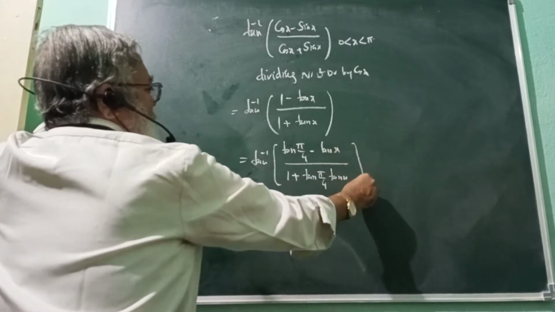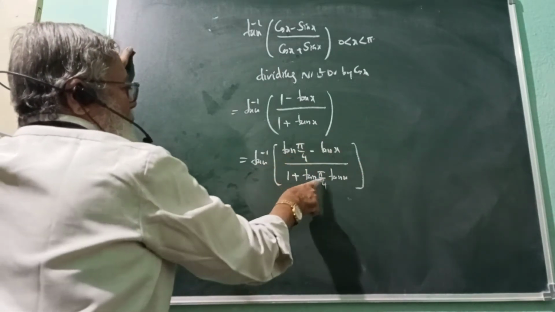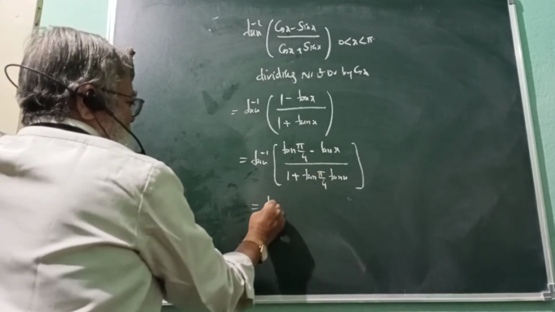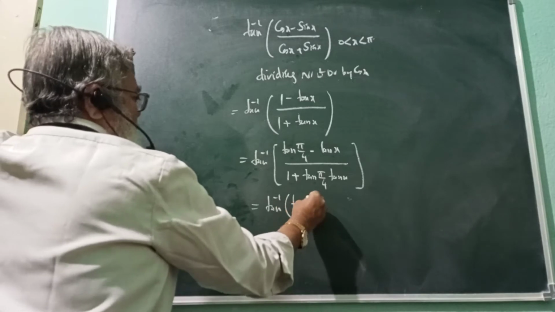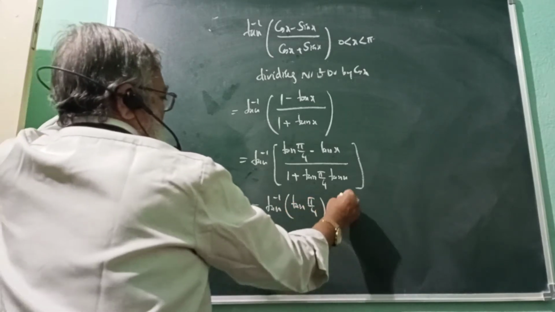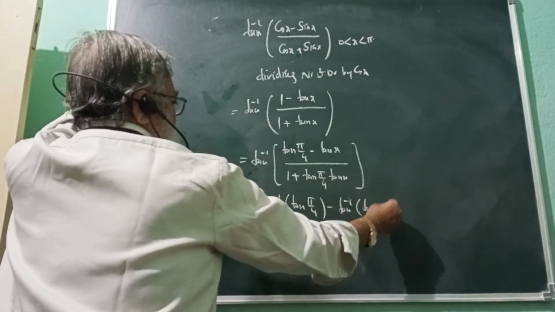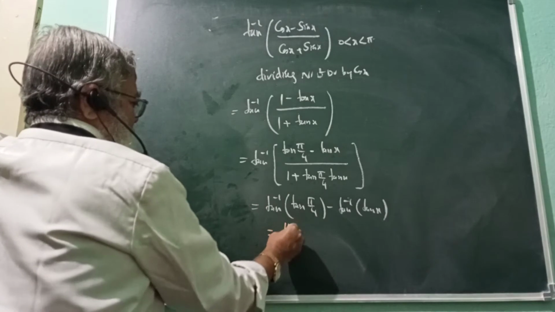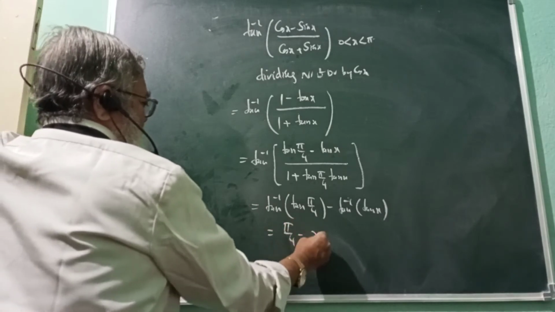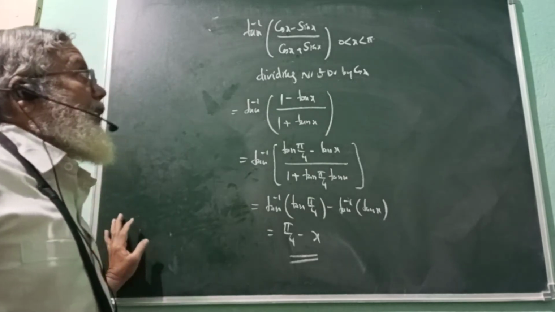See carefully, what is this formula? Tan inverse of (x minus y) by (1 plus xy). That is nothing but tan inverse of tan pi by 4 minus tan inverse of tan x. You can see tan inverse and tan cancel each other, so that is pi by 4 minus x. That is the simplified form.